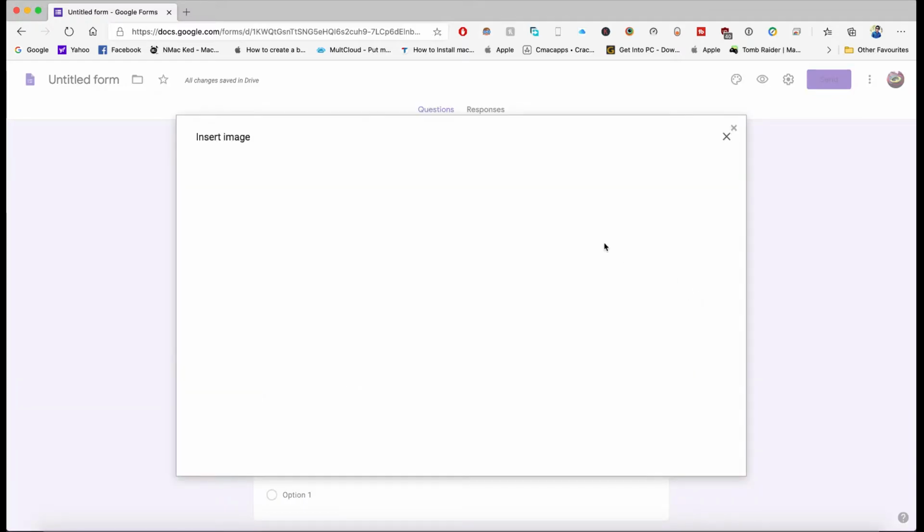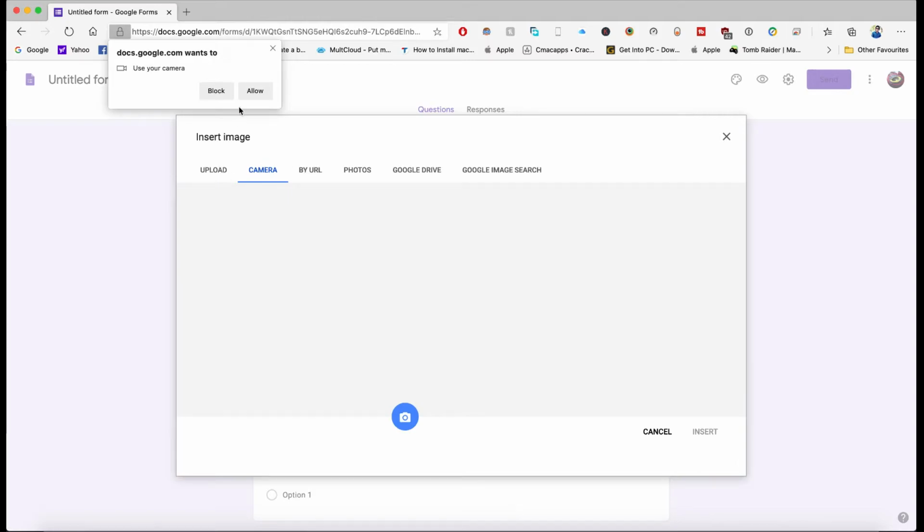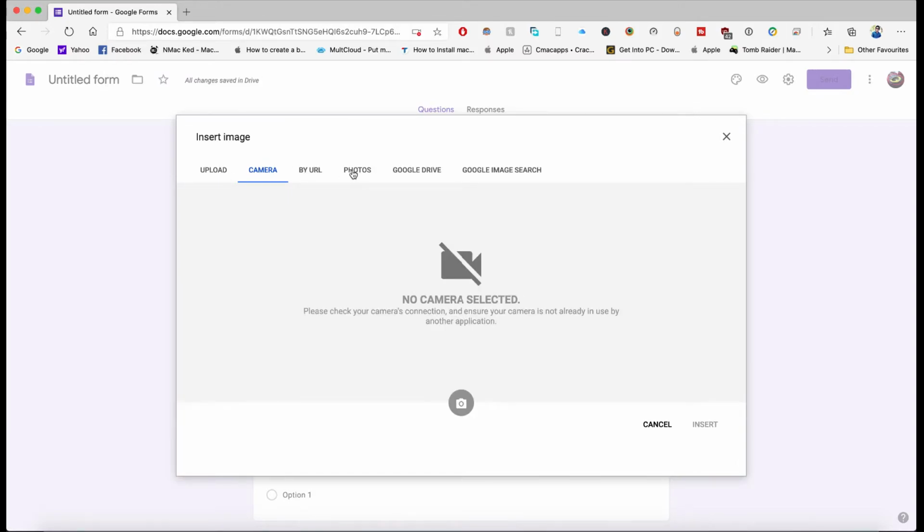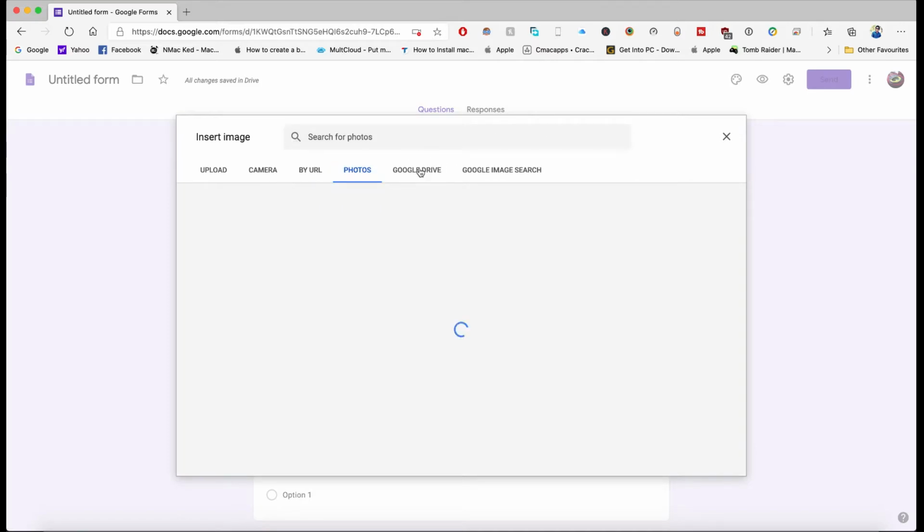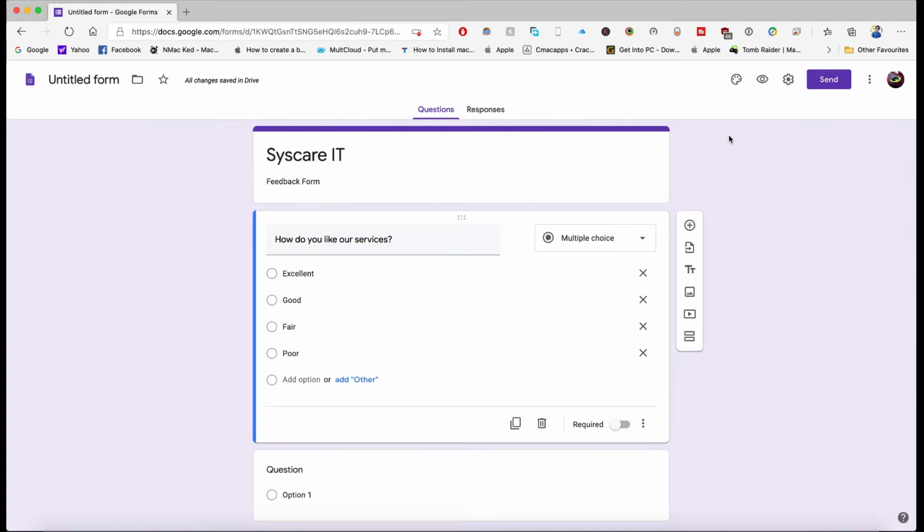Okay, you can add an image from various sources. You can upload the file from the browser, you can drag and drop here, so it will get uploaded from your mobile, from your camera. You can take it by URL also, you can import it from Google Drive also, from Photos, from Google Drive. Okay, and from Google search images also. You can search for whatever image you want, and based on the question you can import it. Okay, so here is this option. I am closing this.